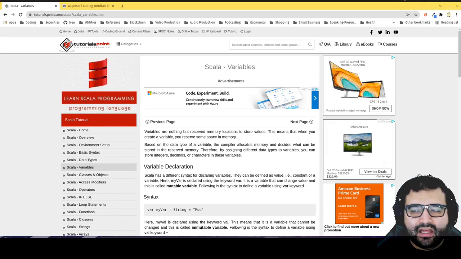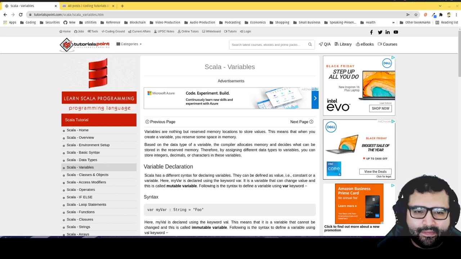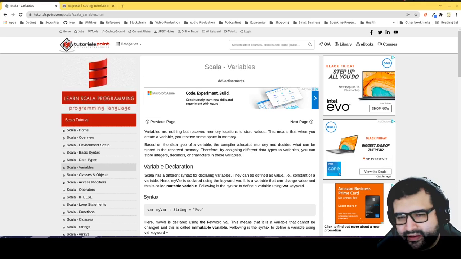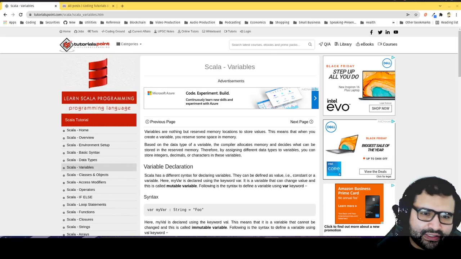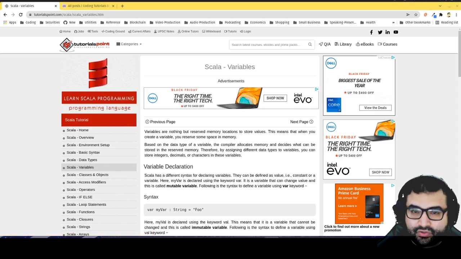I want to learn Scala just because I'm learning a lot more about big data recently. If you've been following me on LinkedIn, you know why. But basically, one of the things about the data processing framework Apache Spark is that you can generally write scripts for Apache Spark in one of three languages. Python, I know Python, and I could go focus on learning Spark with Python. But you can also use Java and Scala.